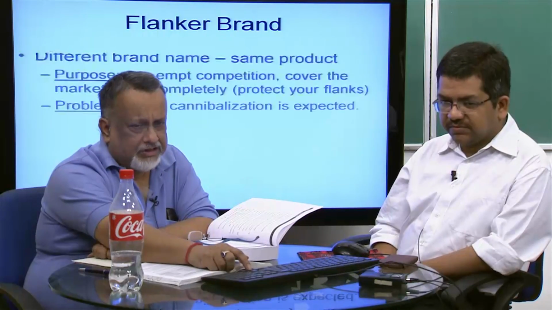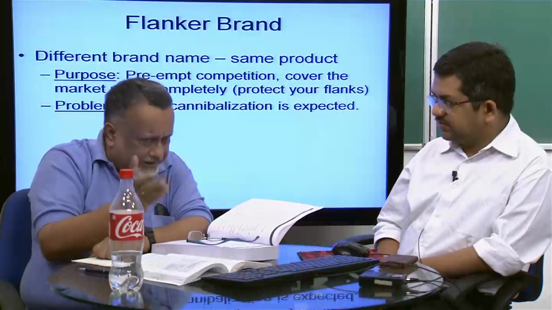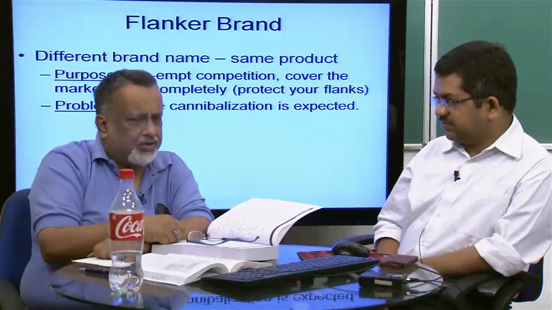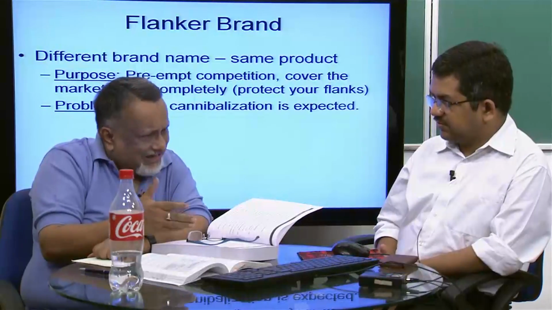So, flanker brands therefore have different brand names, but the product is the same. The core benefit, the core constituent remains the same. It is detergent, but you create a different name, so that you actually compete against such brands